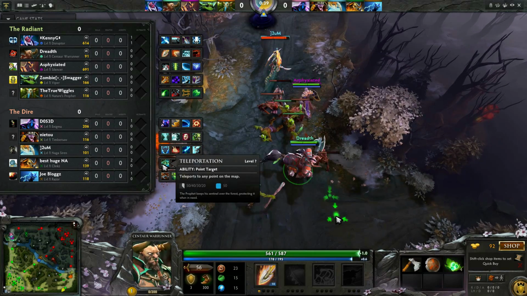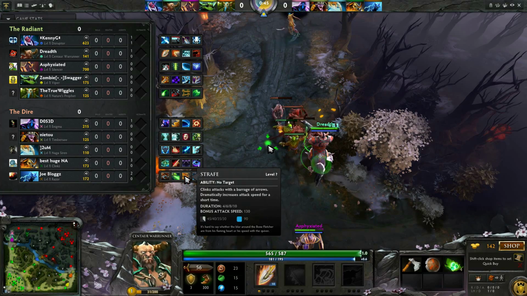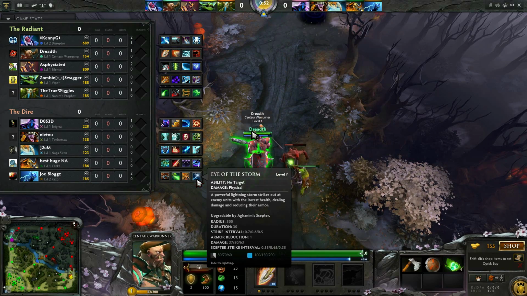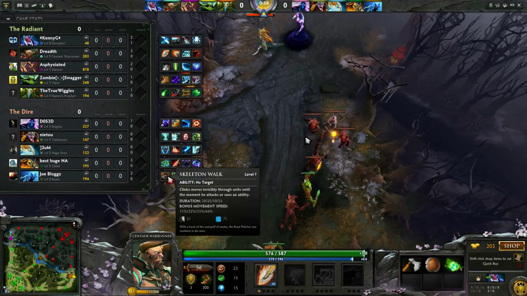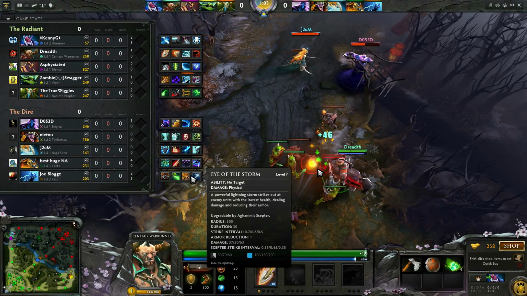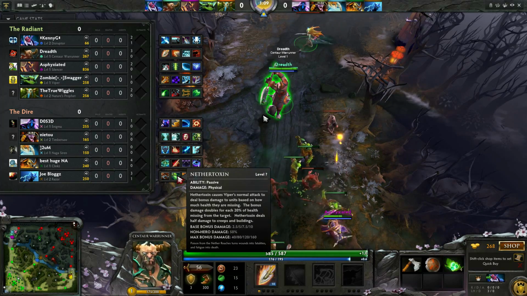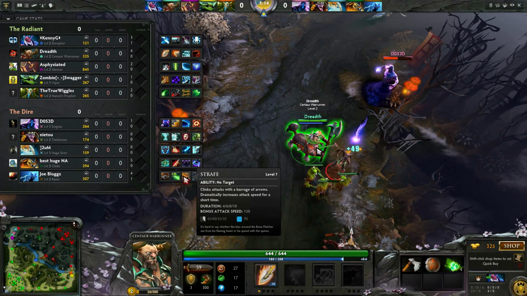Alright, so first of all, let's just start with the bottom. We've got a Skeleton Walk with a Nether Toxin, a Strafe, and an Eye of the Storm. So it looks like he's looking to be a ganker. He's looking to probably pop his Eye of the Storm and then go into a Skeleton Walk, maybe follow you around for a bit, get a few hits on you, and then pop a Strafe and just start nailing you